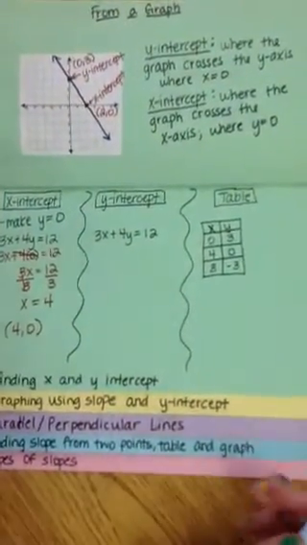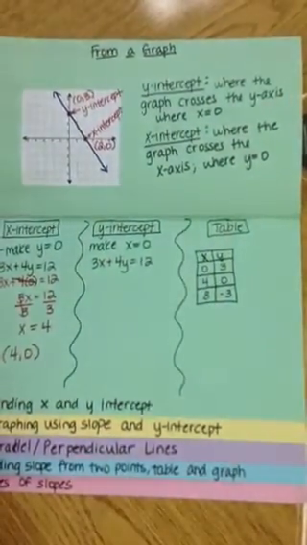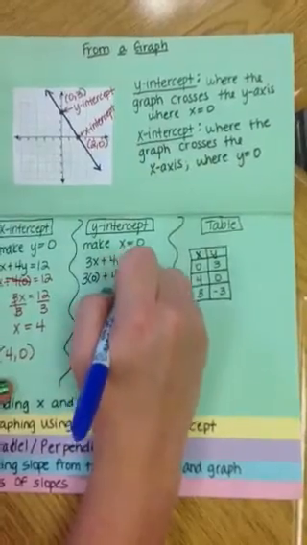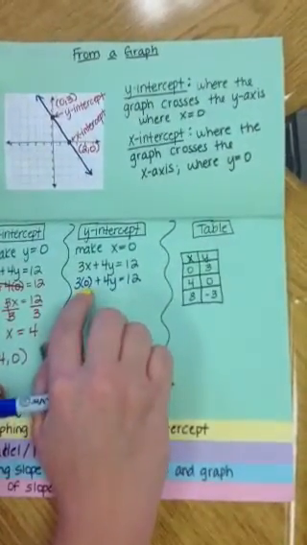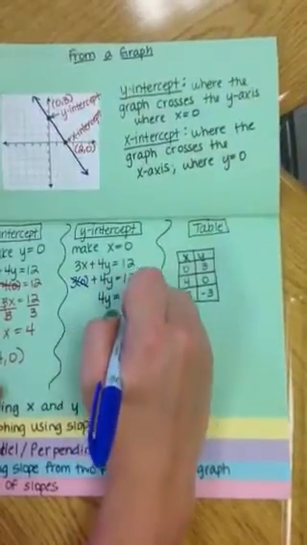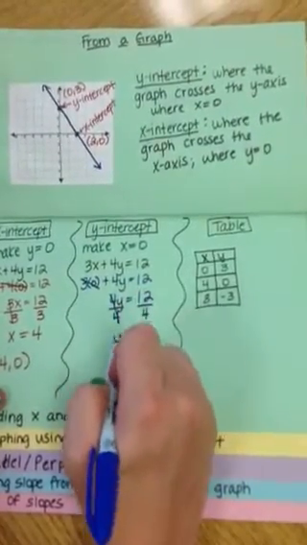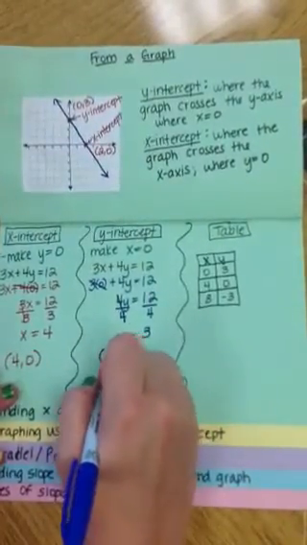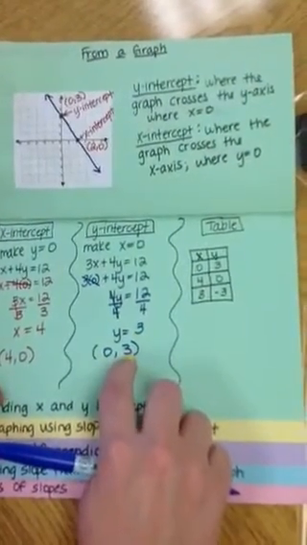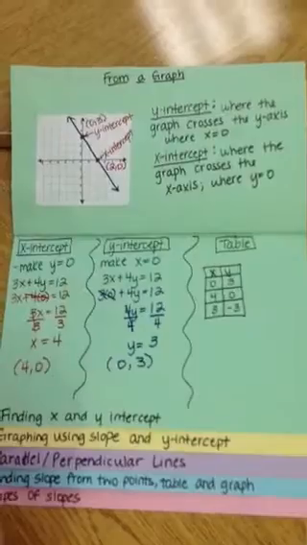Now let's look at the y-intercept. For the y-intercept, we're going to make x equals 0. So now we're going to substitute in 0 for the x value. So we'll have 3 times 0 plus 4y equals 12. Remember, every time you substitute, make sure that you put parentheses around it. Now, 3 times 0 cancels out, and I'm left with 4y equals 12. Now you just solve. Divide both sides by 4, and y equals 3. So my y-intercept is (0, 3). Remember that we made x equals 0, that's why it's 0, and then y equaled 3. Okay, take a minute, pause it, make sure you copy it down right, and then push play when you're ready